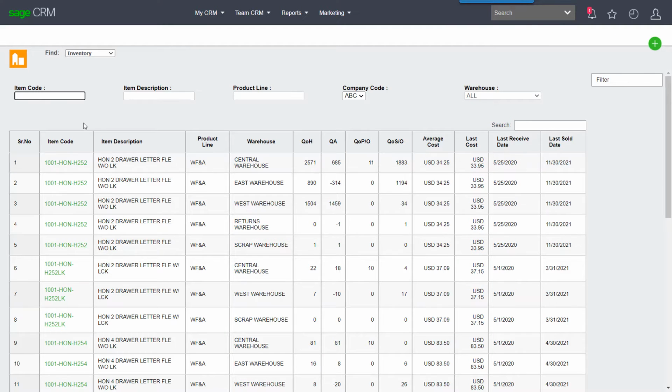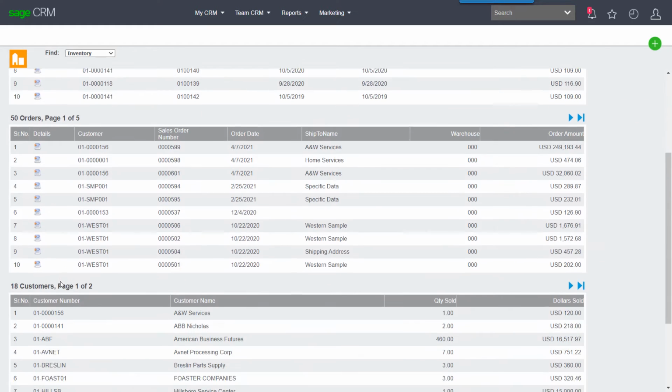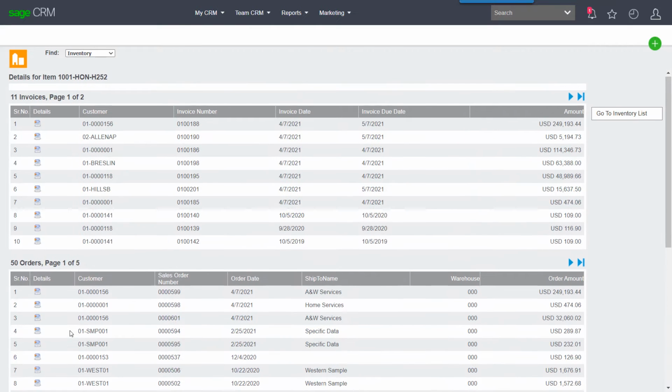And when my inventory comes up, of course, I can filter for it. If I click on an individual item, I'll see a history of that item, the invoices it's appeared on, the orders, and of course, what customers have purchased it. But the big thing with the Sage 100 integration published by Greatrix is the ability to create orders